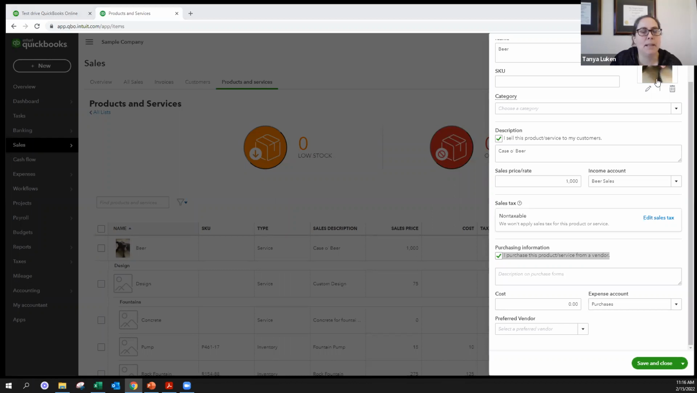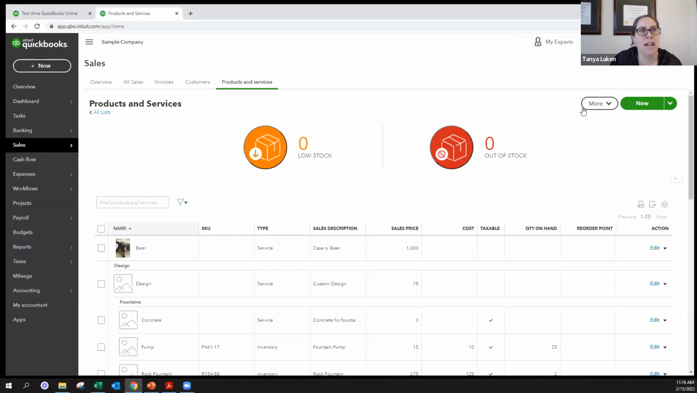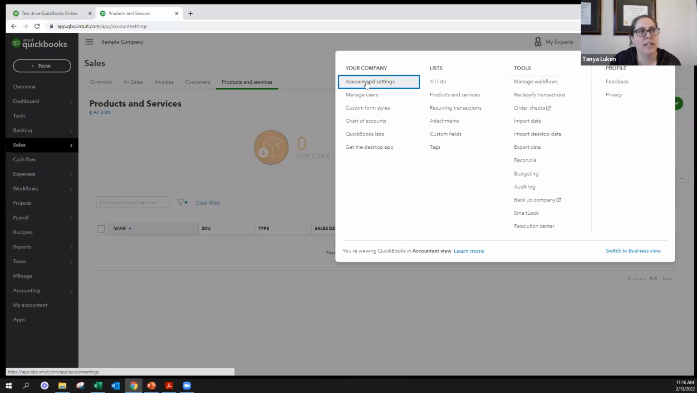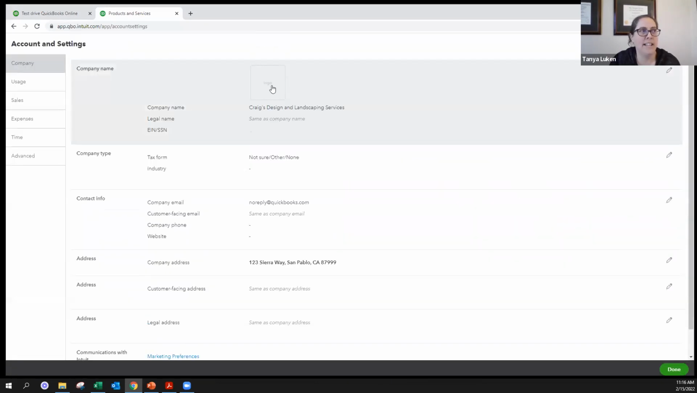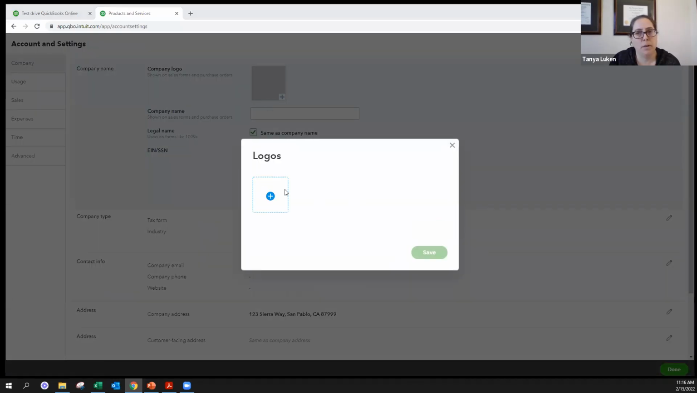And then Lori asked about the picture. So this is where you would upload a picture of your product or service. If you want to add a logo to QuickBooks, that's under your account and settings, and it's here for the logo. So we'll add a different picture of Barbara Gordon